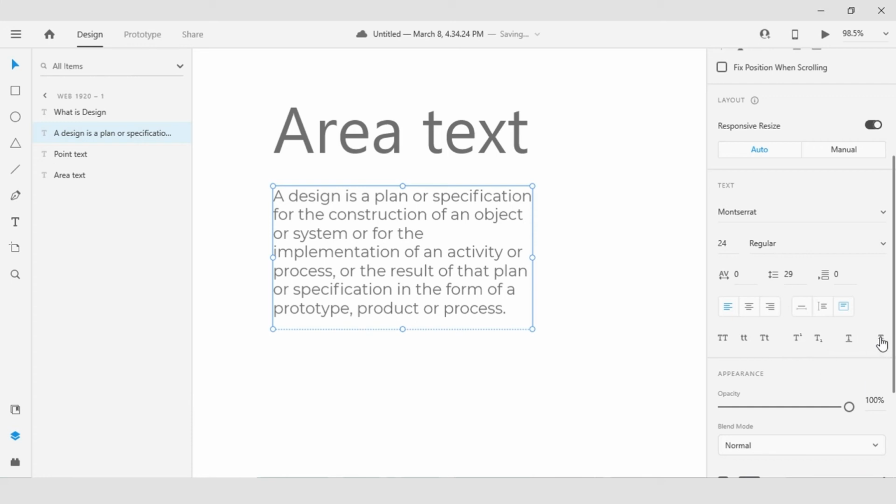Now as you are working, we haven't really talked about this, but the point of XD is to design an experience that perhaps gets built out by a developer. And if you're working on the web, let's say, and you have some pretty extensive text design in your work, you'll have the ability to export these as specifications. So your developer can easily convert the visual design that you have created into CSS or code snippets that can be used in the development process. So it's kind of a living specification, which is pretty exciting.